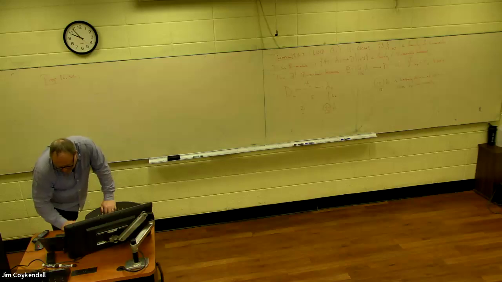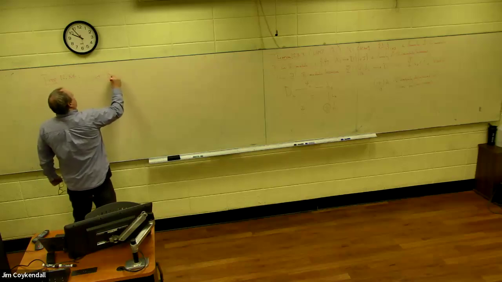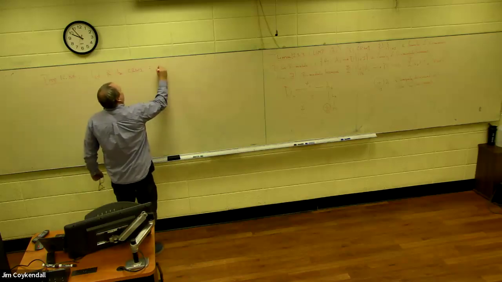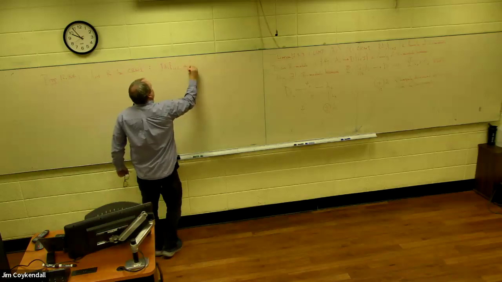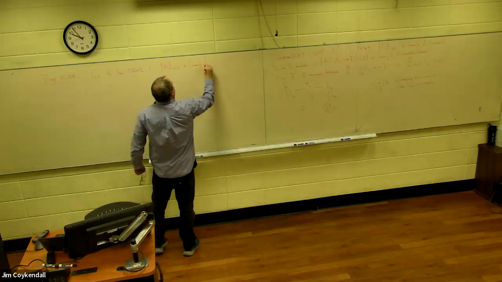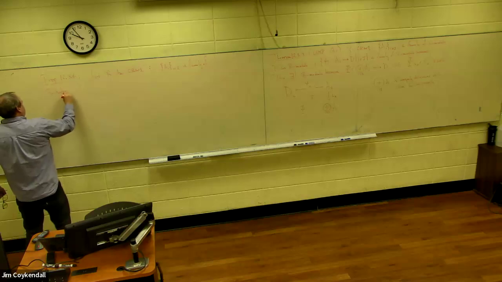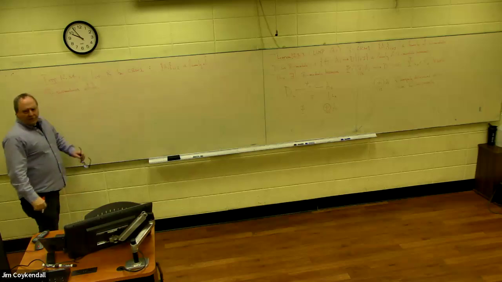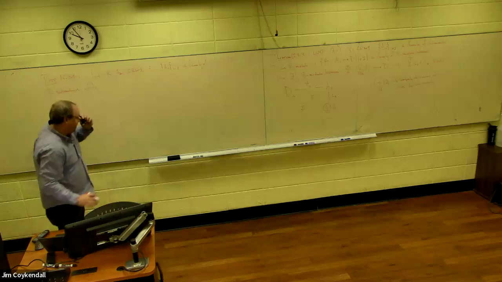Let R be a ring and you have a family of R submodules of A, A_i, a family of R submodules. So A is just some R module, and these A_i's are just R submodules of it, such that